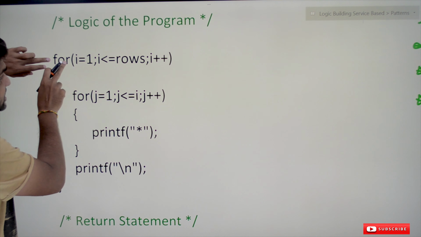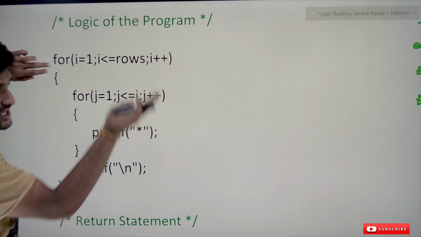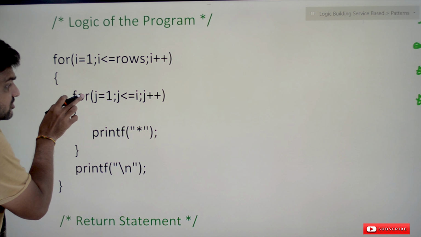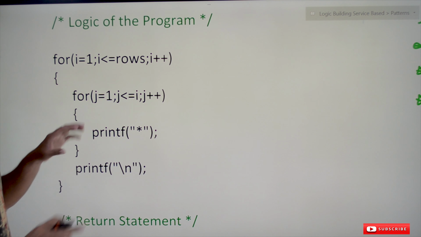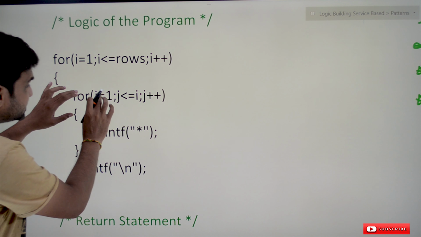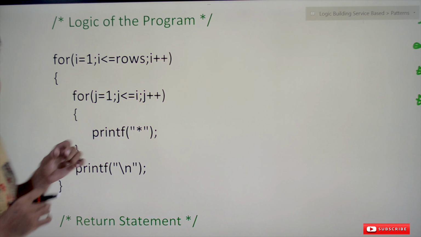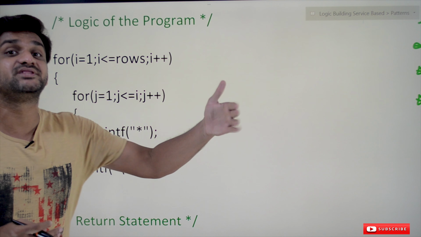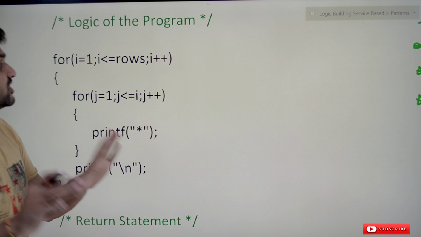For each and every iteration, the number of rows will get incremented. So what is the logic for this? What is the need of using this internal for loop? In this nested structure we have two for loops. What will this internal for loop do? It is going to print the number of columns in that particular row. For example, if we are in the first row,